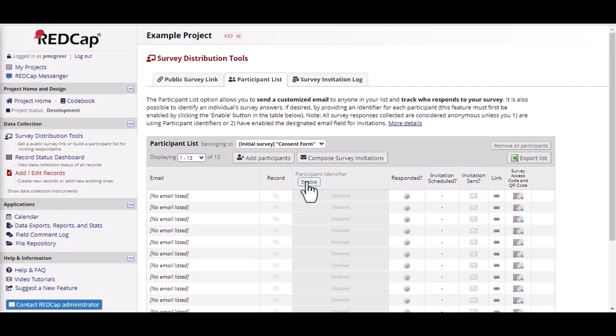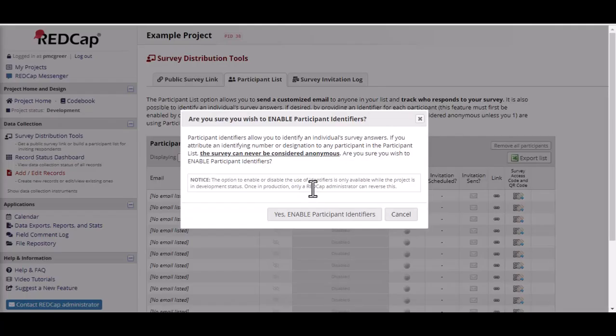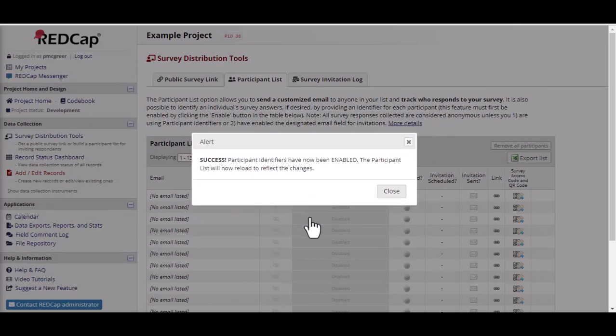First, note that there is an Enable button over the Participant Identifier column. If you enable this feature, then participant IDs will appear alongside the participant's email. This is very handy if you're tracking responses over time, or if participants have the option to return to their responses. Linking emails with IDs makes it much easier for you to match queries with responses. However, it does make the survey not anonymous, and the researcher will need to take extra steps to protect participant